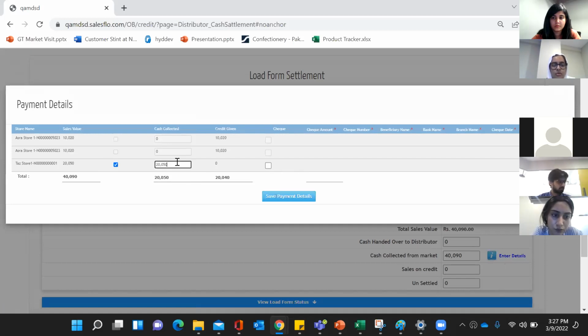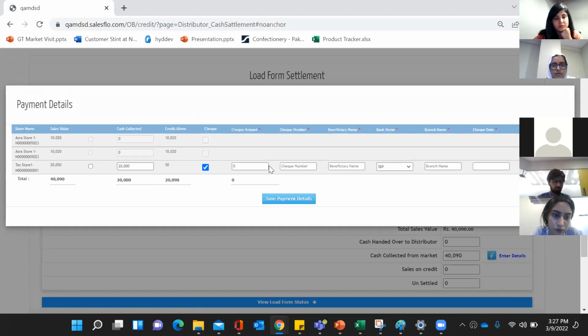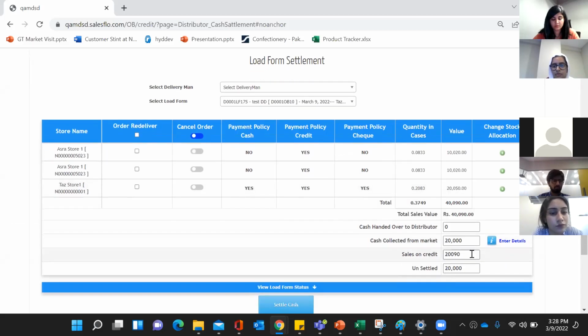So let's say the total amount was 20,050 for Store 1. Let's say I want to collect 20,000 from cash. I can also add 25 rupees from check. So that means that out of 20,000, 25 rupees are going to, by default, be credit. When I click save payment details for that store, we can see that